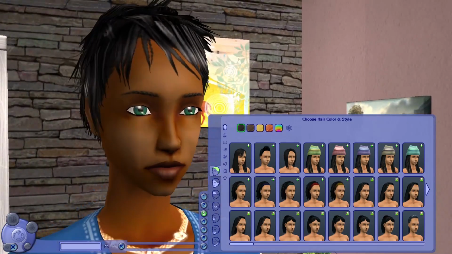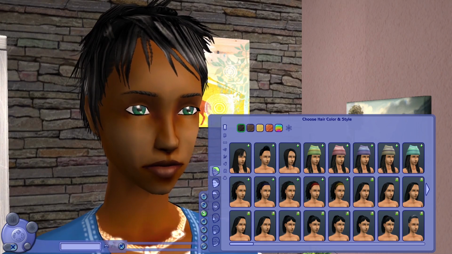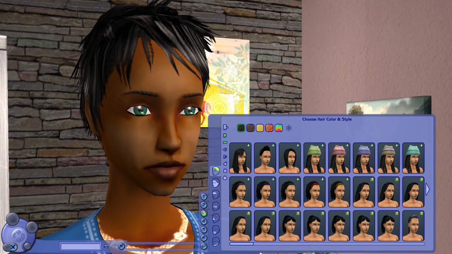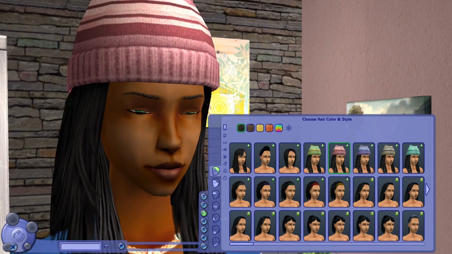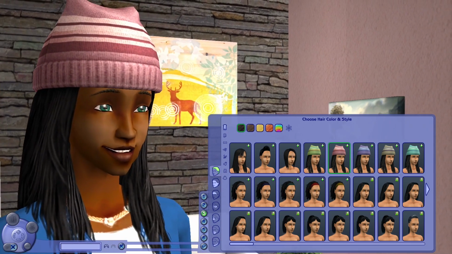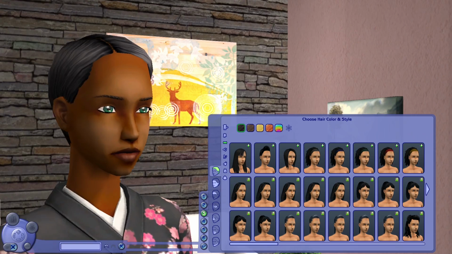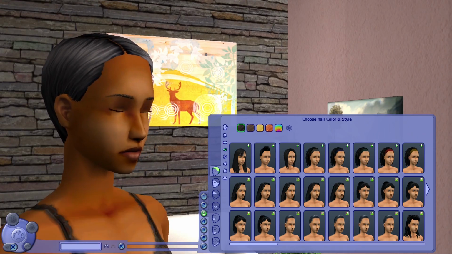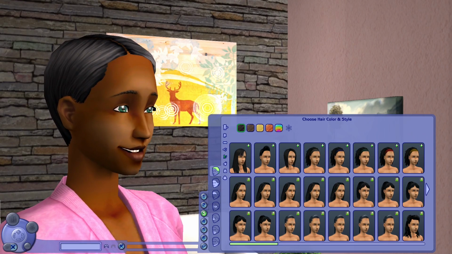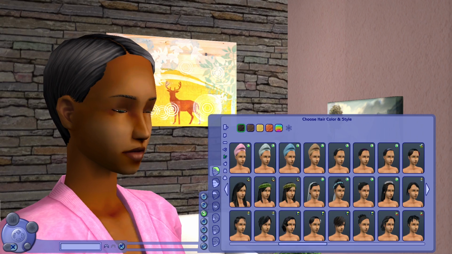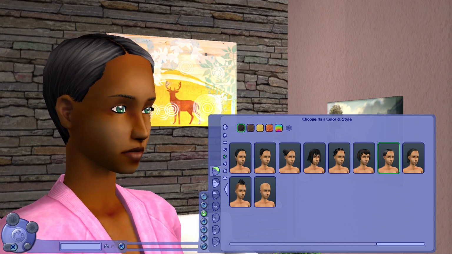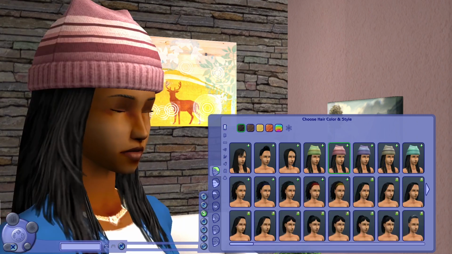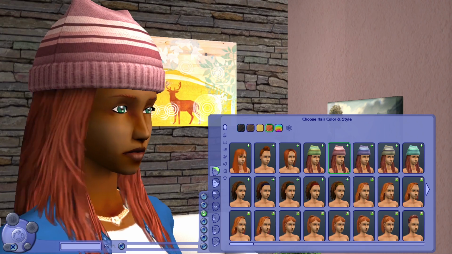If I give a sim a hair that isn't available for all categories, such as, well, we can do the ear hat. I'll select this, and if I look at her hair for other outfits, she will have a random hair selected. Oh, I really should have regenerated thumbnails before this. If I go to this hair in the catalog, I will see that it is selected. However, if I try one of the